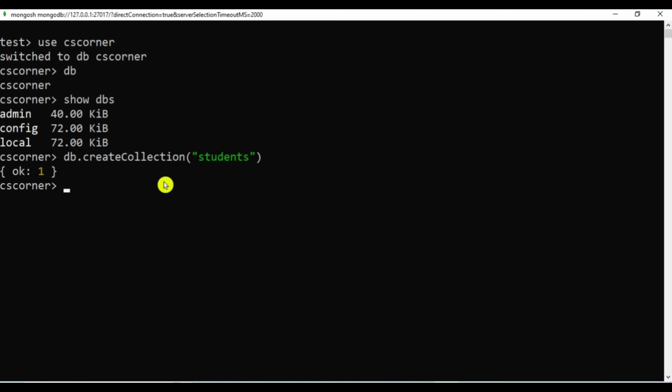So now I will be inserting into this collection. So db dot students dot insertOne. So we have the commands insert, insertOne, insertMany. The insert command is now deprecated, so since I just want to add one record, I am using insertOne. And then you can open a parenthesis. Inside that, under curly brackets, you can pass your columns. So here I am taking the column as roll number and the value for it is 1. Since it is an integer, I don't have to pass it in double quotes, and my second column is going to be name. Okay, so just hit enter.